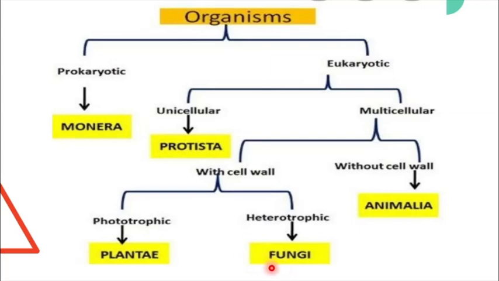And the organisms which do not have a cell wall, that is animals, all the animals were included in kingdom Animalia. Now these are just the kingdoms. Again you have subgroups, subclasses and all that, which you will be studying in the later standard. So this way the five kingdom classification was made, that is kingdom Monera, kingdom Protista, kingdom Plantae, Fungi and Animalia.